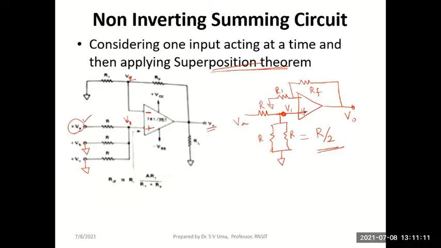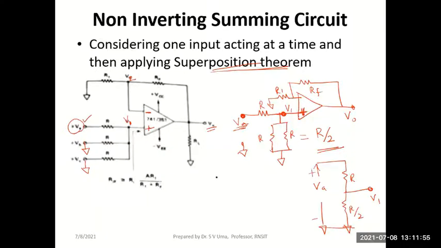What is the voltage at the non-inverting terminal? You have a total voltage VA connected across the potential divider R and R by 2. It is something like this. See, this is R and this is R by 2. And I am interested in finding this voltage V1, and the voltage here is VA. VA, if you remember, is connected between this point and ground. That's how we connect VA. So can you tell me how will I find V1? What's the expression for V1?